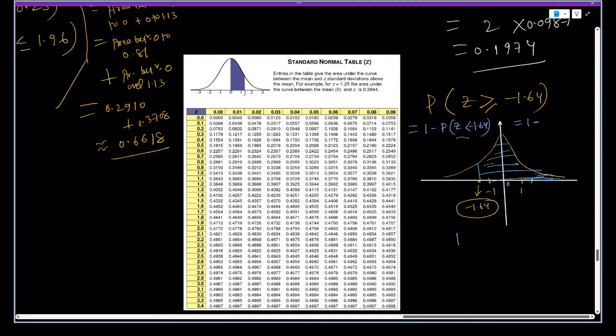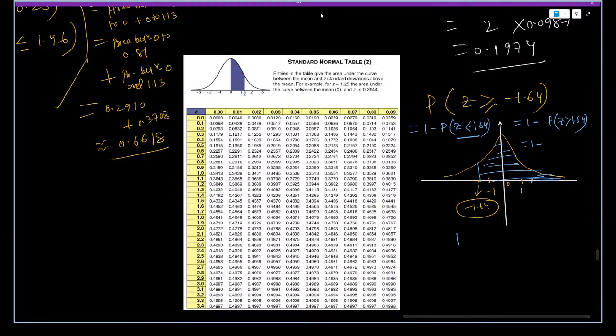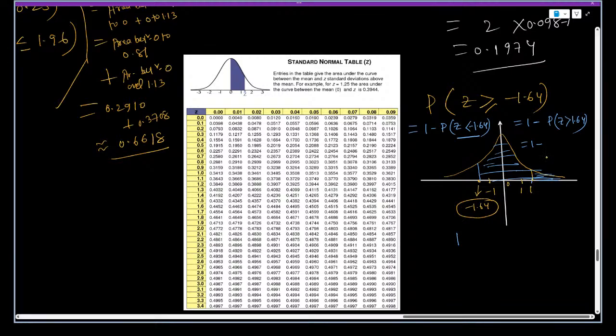once more I am writing this thing: P(Z > 1.64). P(Z > 1.64) means total probability on the right side of 1.64. The probability of this part will be 0.5, the total probability on the right side. From there, P(Z < 1.64) you find. So it is 0.5 plus